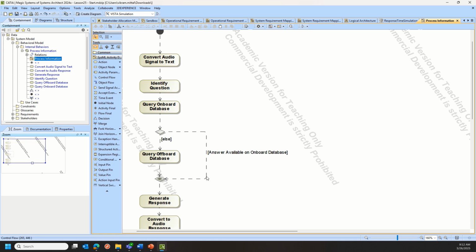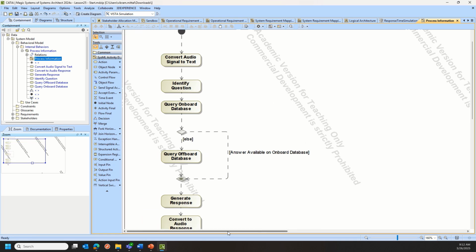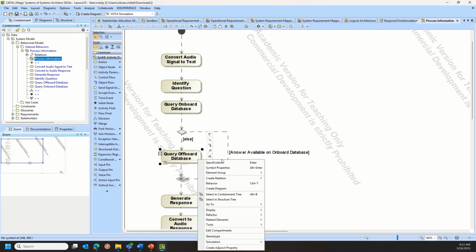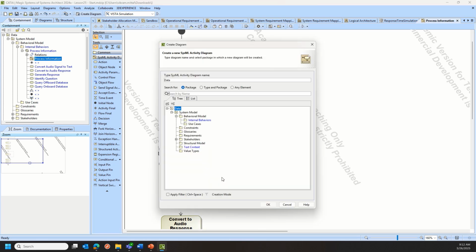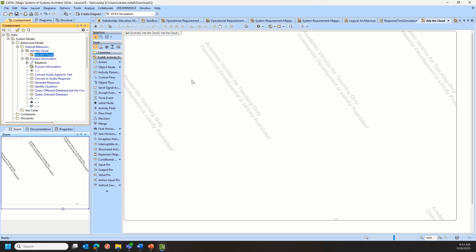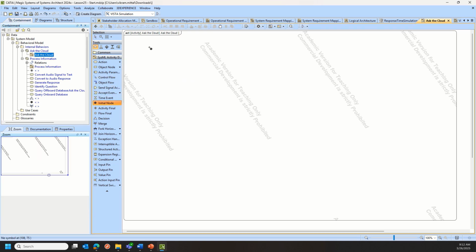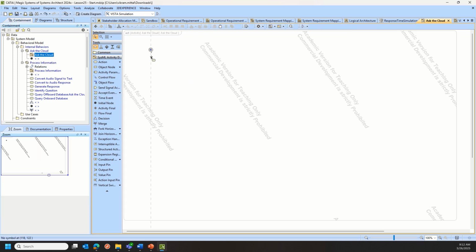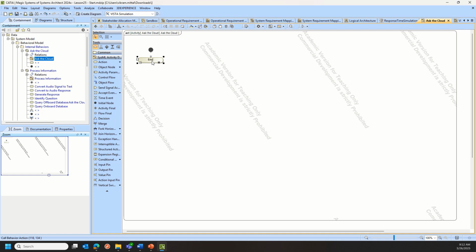All right, so now suppose I wanted to go into a little more detail in this item right here, query offboard database. So I'm going to create an activity diagram of that. I'm going to put it in my internal behaviors, but I'm going to call it Ask the Cloud. And then it's going to follow a very simple sequence of activities. So it's going to encrypt the question, and transmit